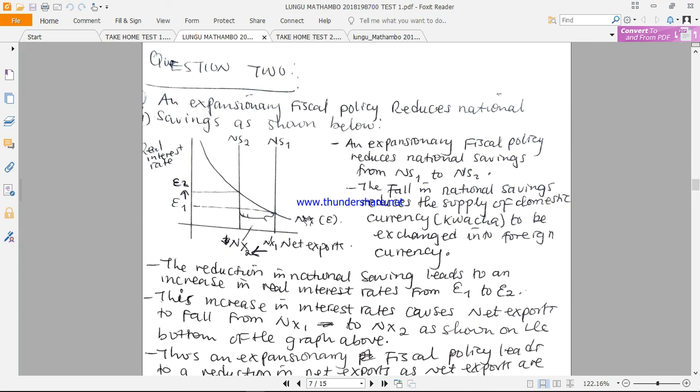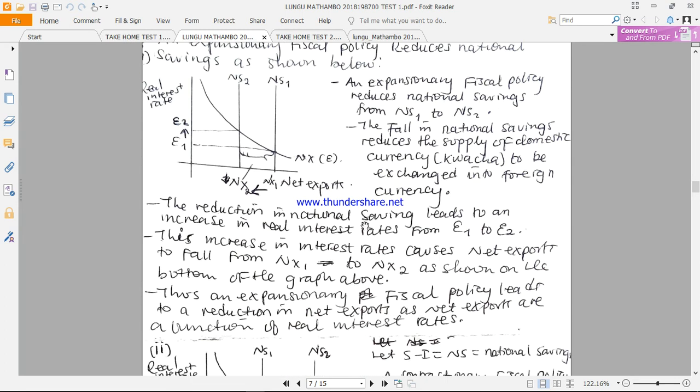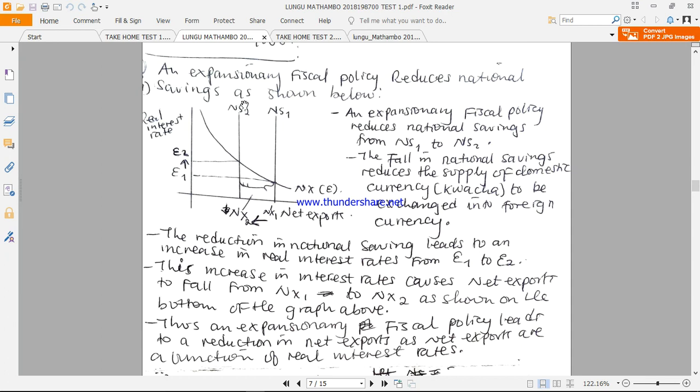All right. Okay, so that's how the whole thing is done. The reduction in national savings leads to an increase in the real rate of interest from E1 to E2. This increase in the interest rate causes net exports to fall. Now, what I'm saying is, it is these very savings that you use for net exports. So now that you don't have enough money to help you,